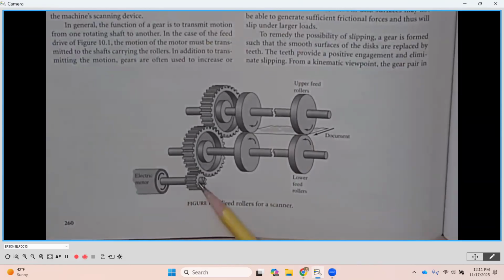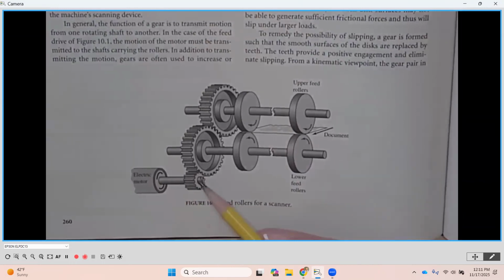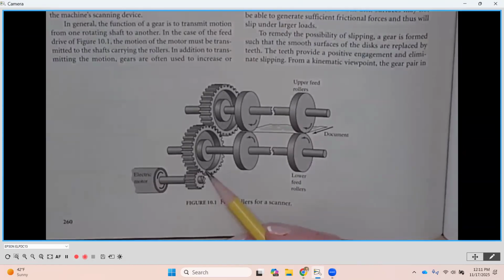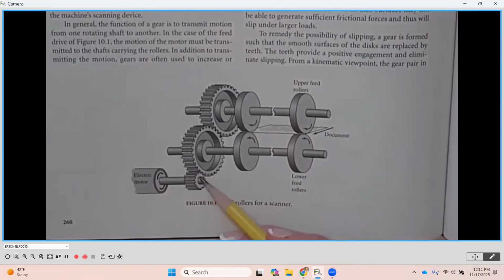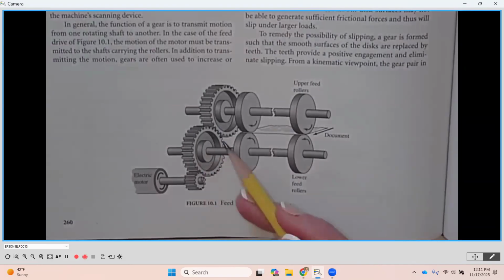So what we want to do is slow this rotational speed. On this center line, if you would, this would be rotating. And you'll notice that there's a gear on the end there, okay? It would then mesh with another gear. And in this case, you'll notice that as this rotates around, this smaller gear, which is called a pinion, engages with the larger gear, called a gear, and it'll naturally slow the rotation of this second gear down because